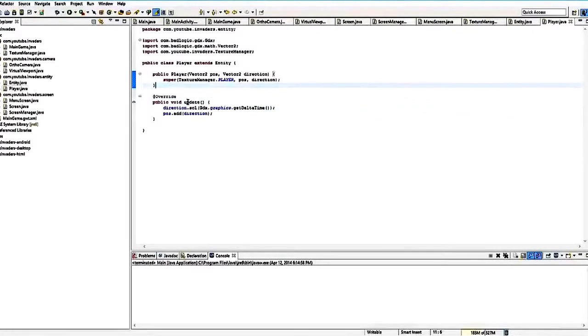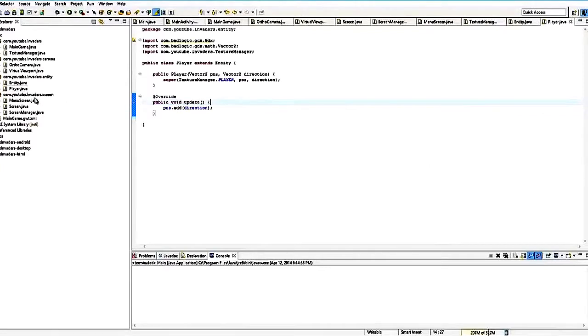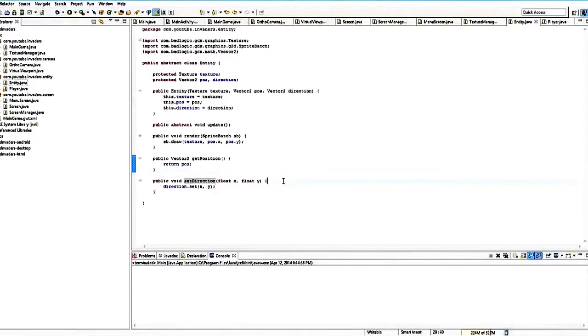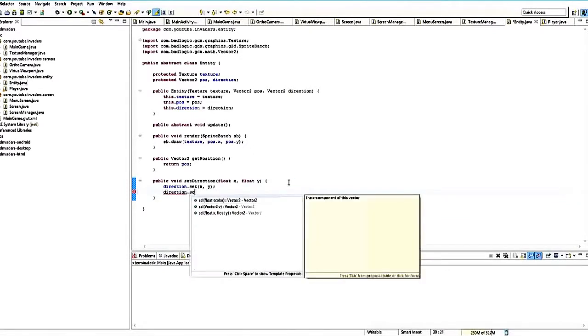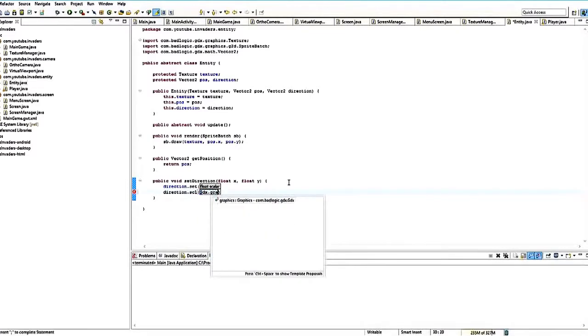Now, like I said, every single time this update method's called, it's going to multiply the x and the y value that we set by graphics.deltaTime. So it's going to make it a little bit smaller. Let me think here. I'm trying to think of what the best way to do it is, because if we keep on scaling, it's going to do it constantly. Okay, so what I want you to do is delete that. Go to entity, go to direction, set direction to direction dot scale, and we're going to do gdx.graphics dot